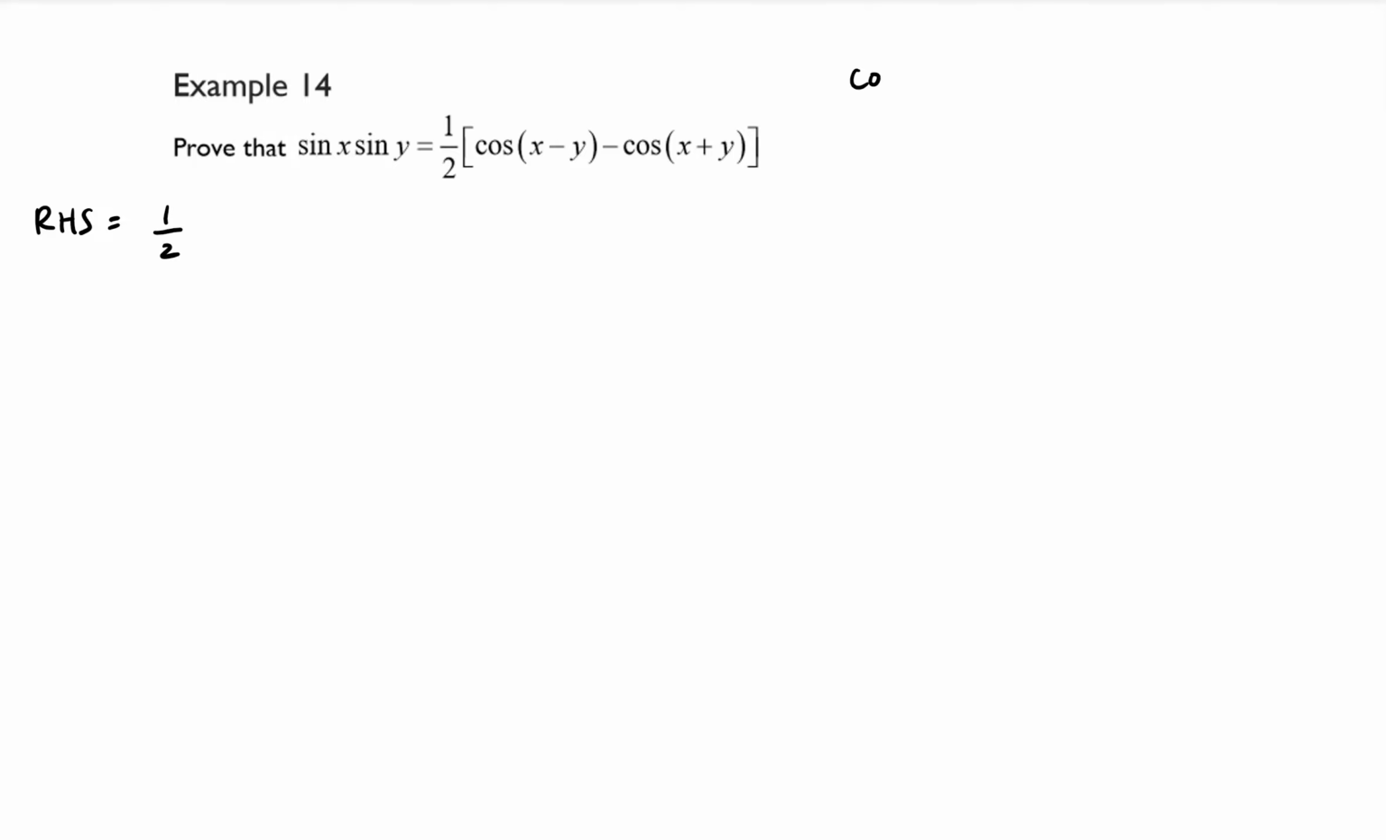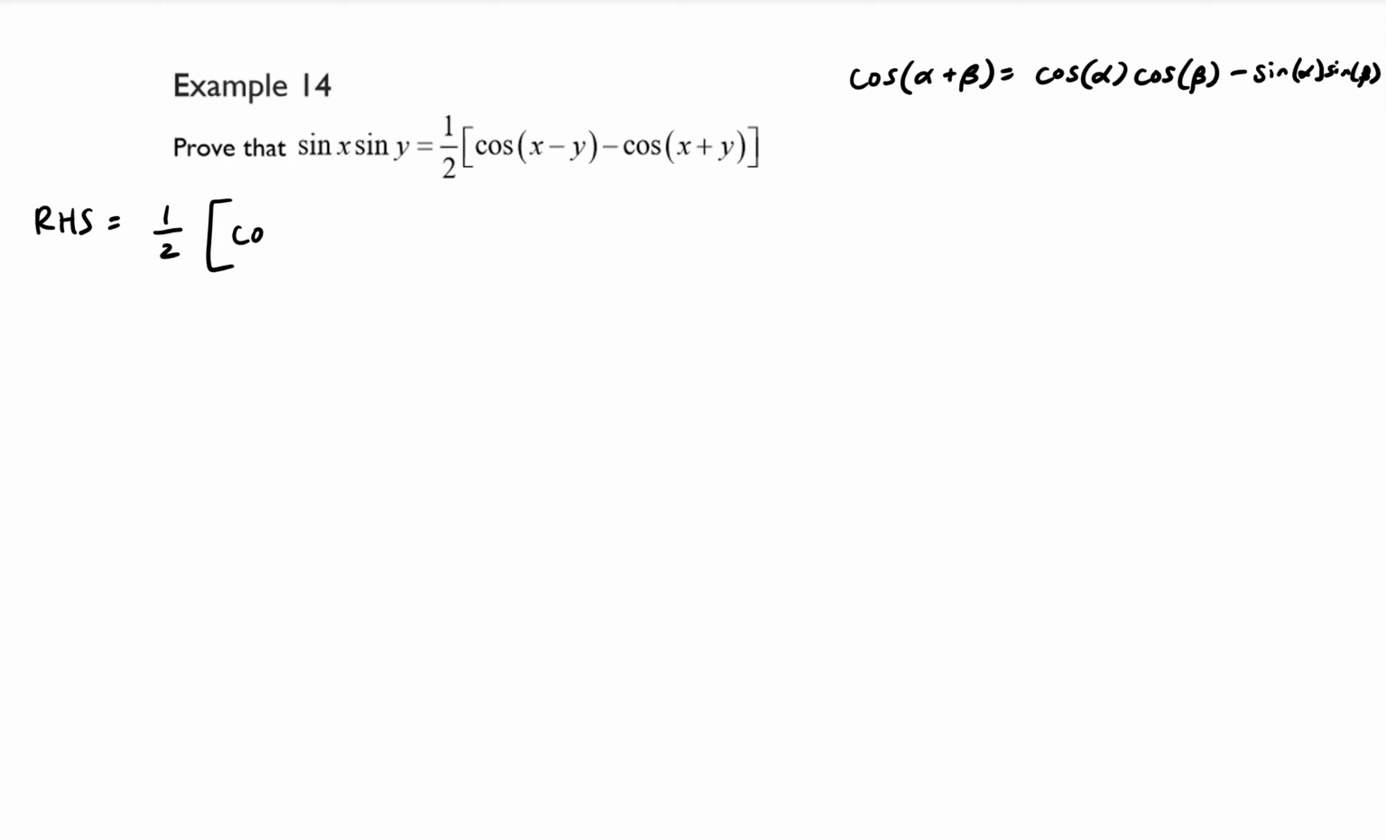So let's remind ourselves, cosine of alpha plus beta is cosine of alpha cosine of beta minus sine of alpha sine of beta. So cosine, cosine, sine, sine. And then we'll just swap the minus and the plus if we were subtracting. So this is going to be